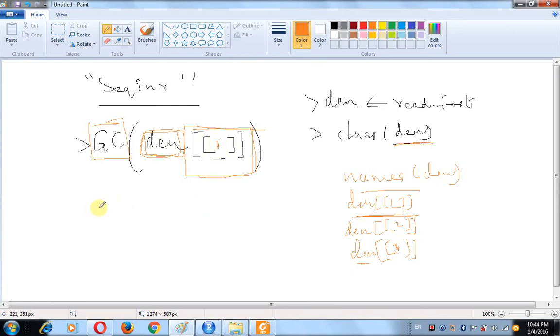So when you open den in the editor, then there will be different elements in that object, because this is a list object. In element 1 there will be a gene sequence, and this gene sequence is what we need in order to compute the GC content. So this is actually the total set of actions that we got to perform in R language in order to compute the GC